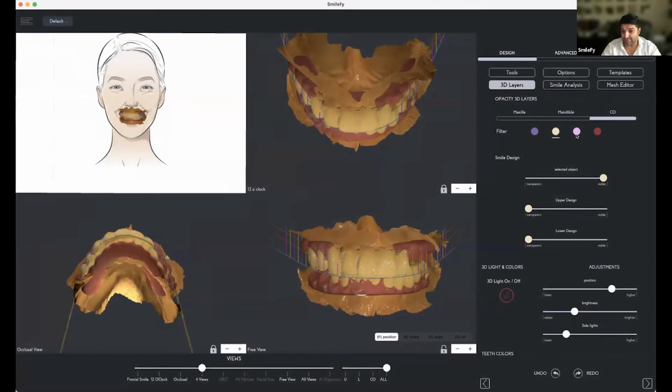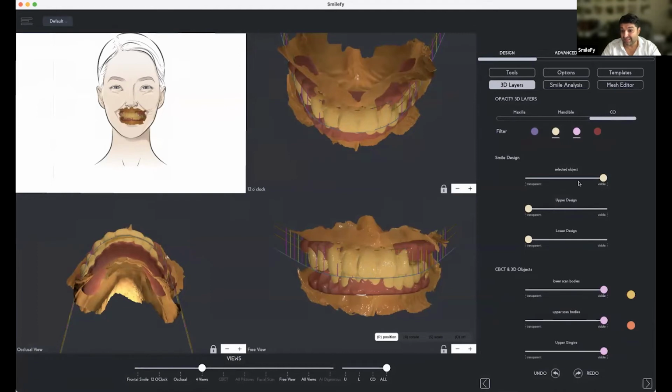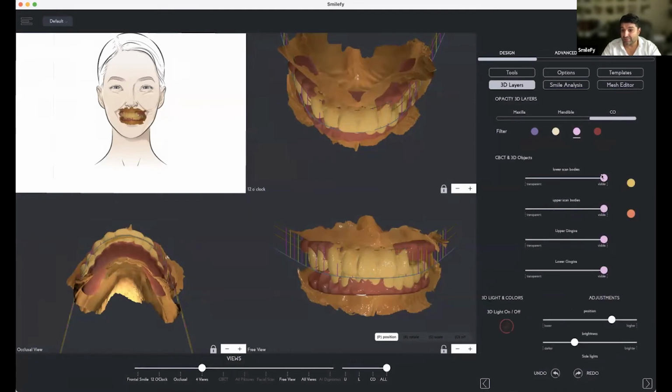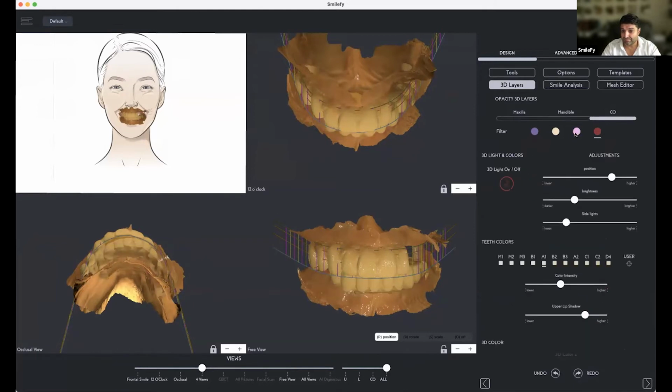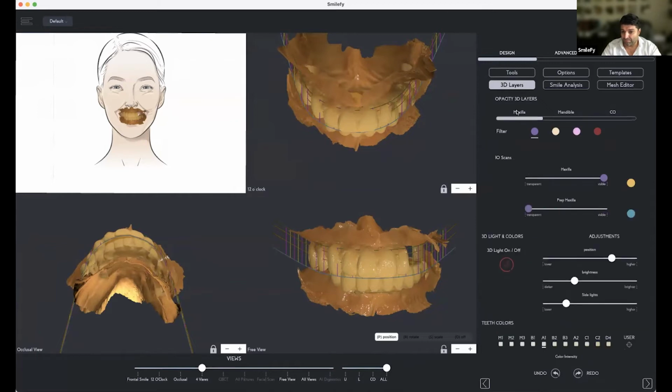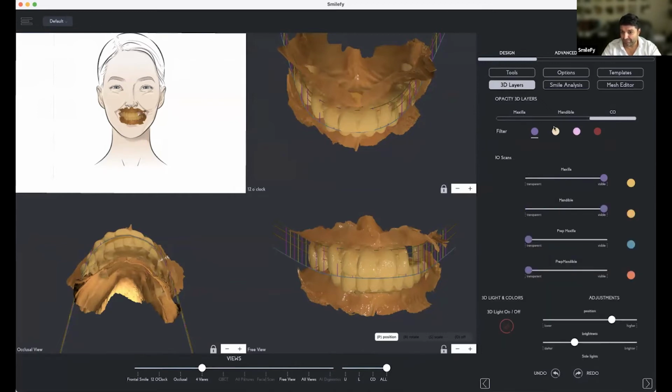I organized the 3D layers, because if we have cases like this, it's a lot of stuff here, right? So to make it easy, I organized the maxilla, mandibula, and centric occlusion a little bit.